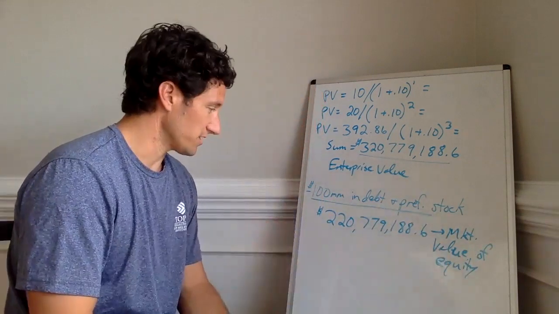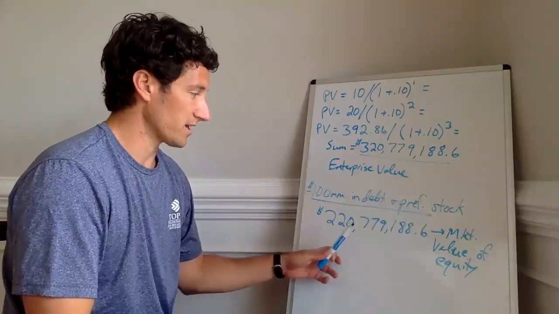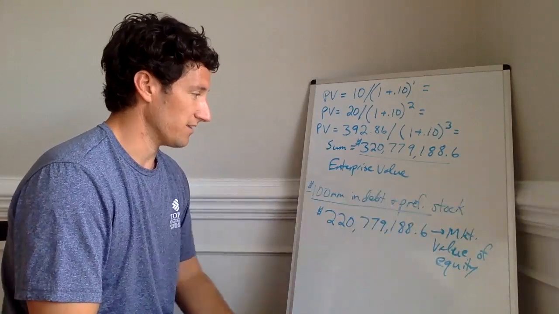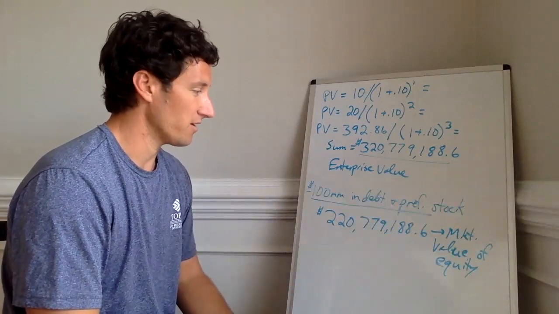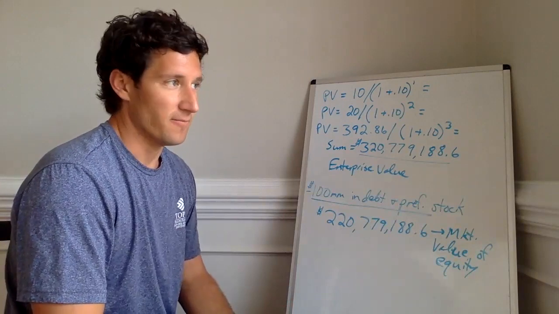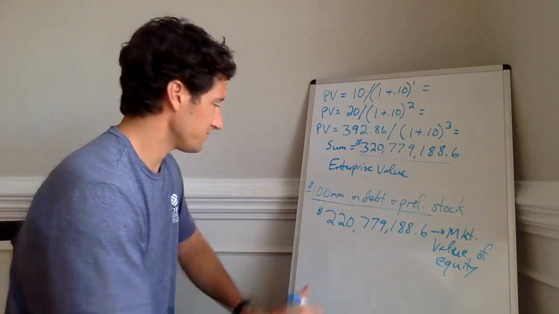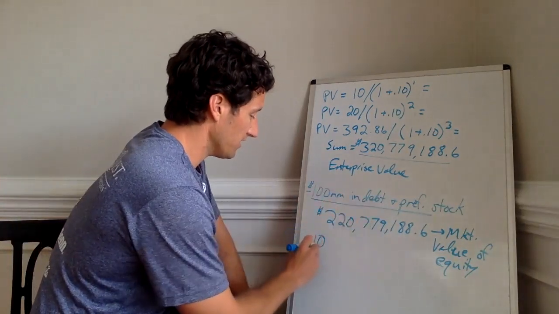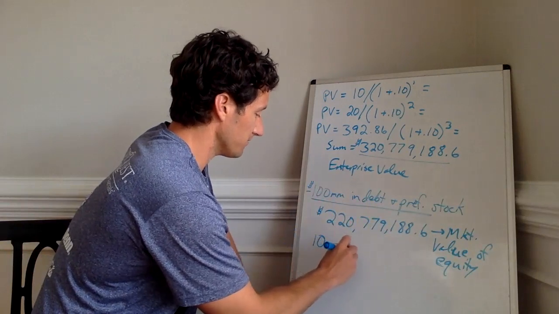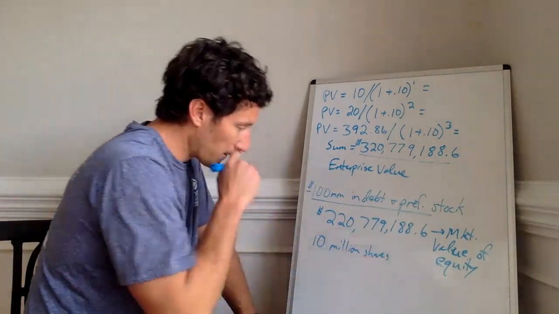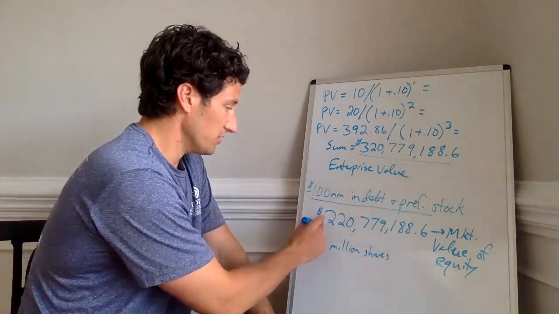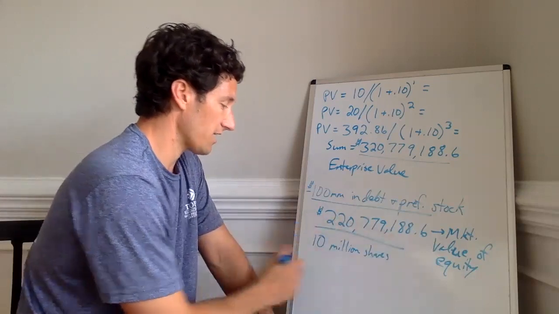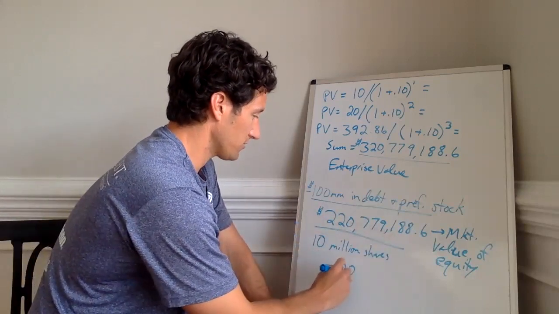So once you have this, we're still almost there. Market value of equity, still a big number, 220 million. We're saying that's what the firm is worth today once you take out debt and preferred stock. That's what their equity is worth. Well, now maybe they have 10 million shares of common stock. This all would be given. This debt and preferred stock and the number of shares would be given. So let's say they have 10 million shares of common stock outstanding. You would divide this 220 divided by 10 million shares, and that's going to give you